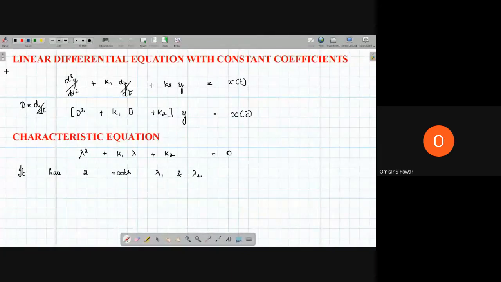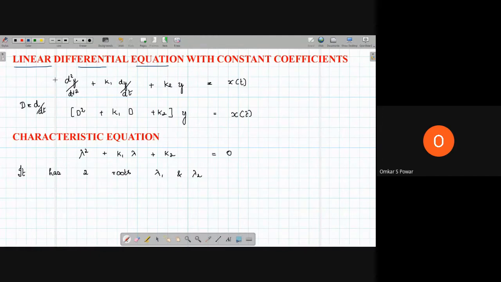So this is like a jackpot for you. If it comes in the exam, you can attempt it easily, because you have studied the same thing in maths that you are studying here. There is no difference. So you people will be experts in this rather than me. Let me begin with today's class: linear differential equation with constant coefficient.